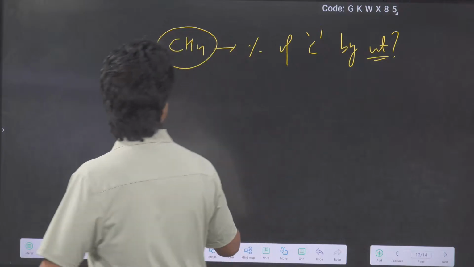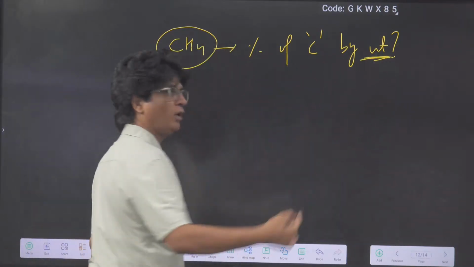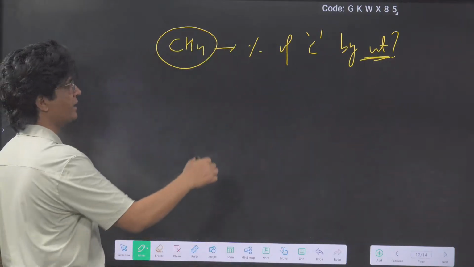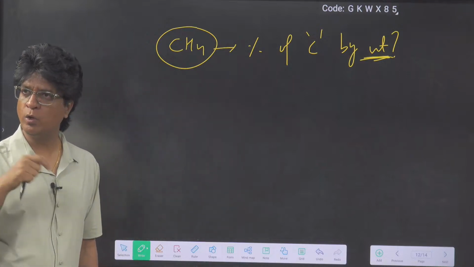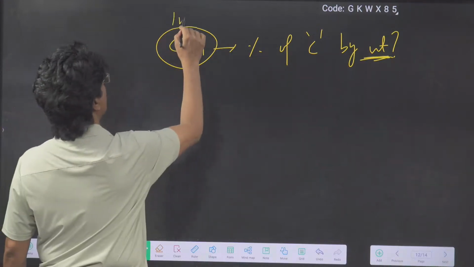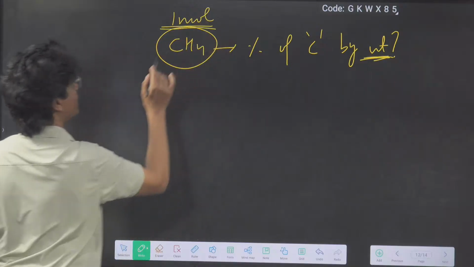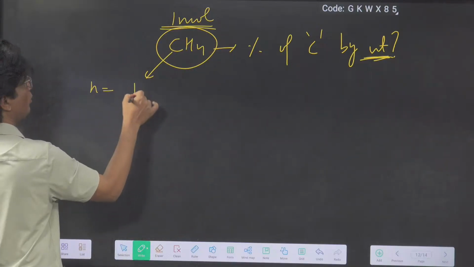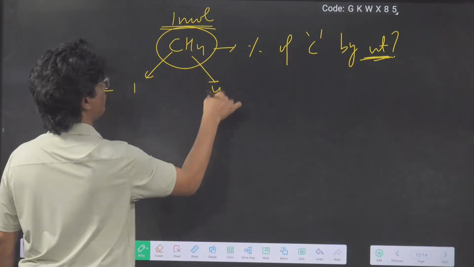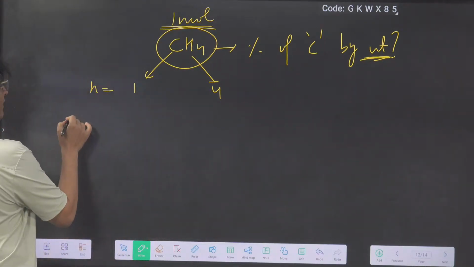Now see, when they're looking for weight, let's go for weight, right? Earlier they were asking for mole, so we were going after mole. Now we'll go after weight. Let me take 1 mole of CH4, right? So in 1 mole of CH4, number of moles of carbon is 1. Number of moles of hydrogen, how much? 4, right? And if I look at the weight,